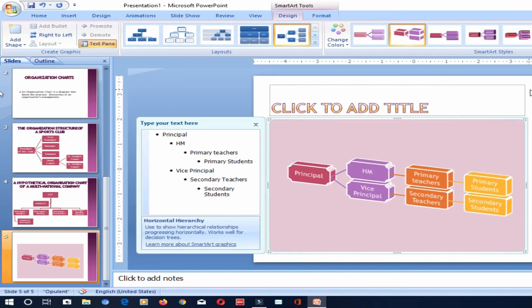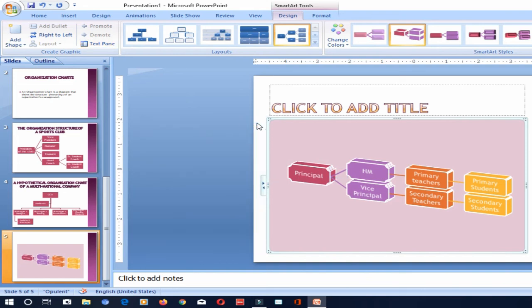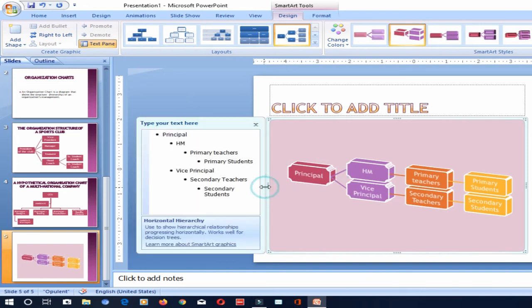Okay, children. Okay, now let's see how to move between the Smart Art boxes. Okay, if I click on tab, it will move from one box to another like this. If I want to go back, now I am in the last box, I wanted to go back, what can I do? Shift plus tab, I can move. So it will move me from one place to another. If I don't want this text pane, you can just click on this close button, it will be closed. If I want it back, you can click on this and you can get it back.